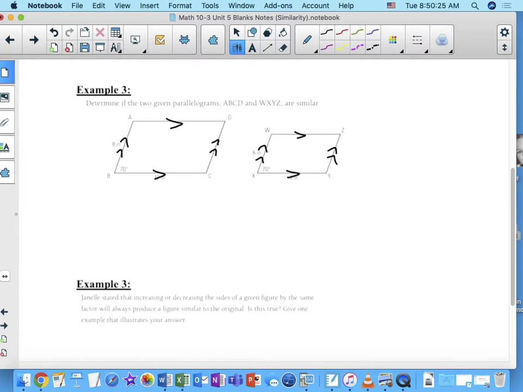Okay, that means this guy over here has to be 110 degrees because these are interior angles on the same side of the transversal. Those are supplementary. Okay, and then similarly, this guy over here is 70 because these two